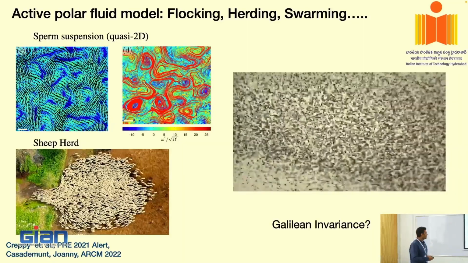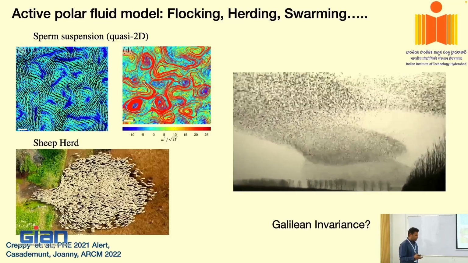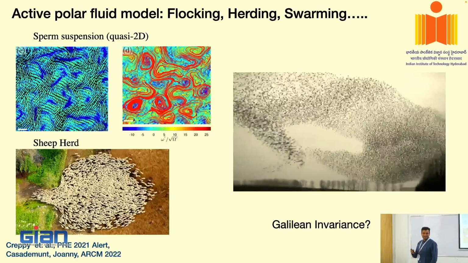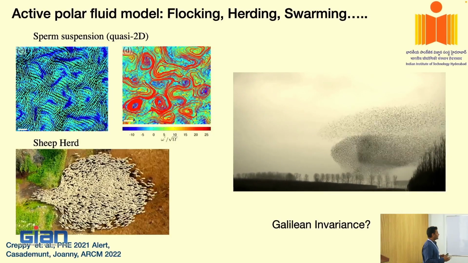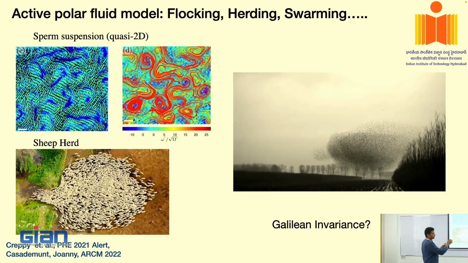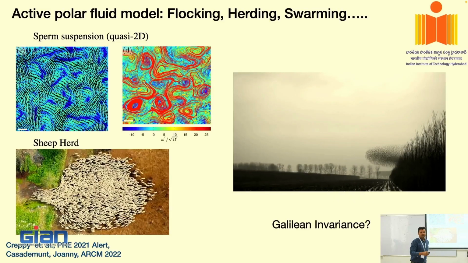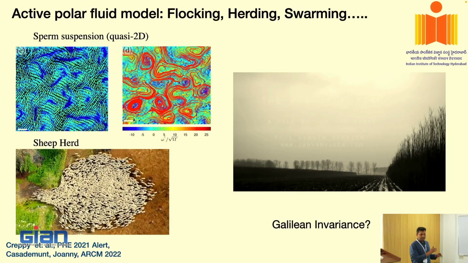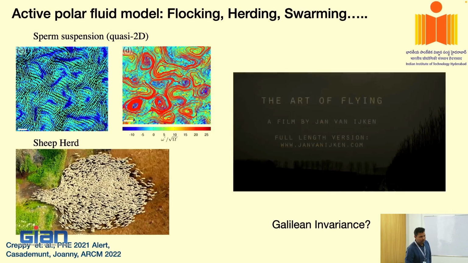Okay, so of course these phenomena like sheep herd, this is bird flocking. If you watch enough National Geographic or any such thing, you will see that there are many such behaviors in animals, right? They try to move together, and these are simply known as flocking, herding, swarming, schooling, and other such behavior, right? So this is the system that we are going to focus on. We'll be focusing both on wet and also on dry systems, and on how to write down the equation.